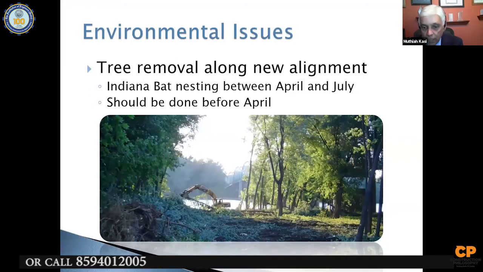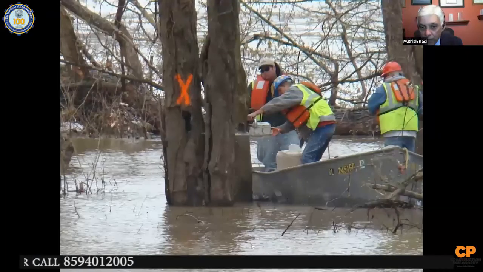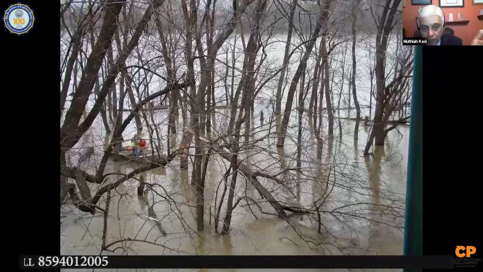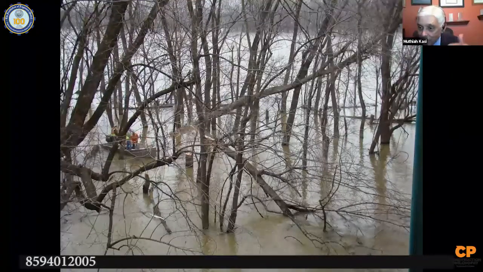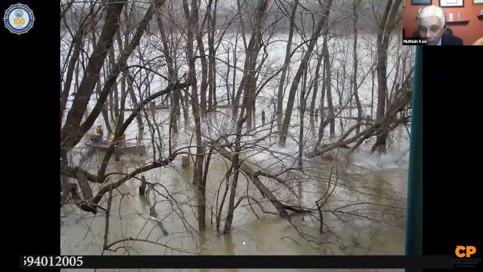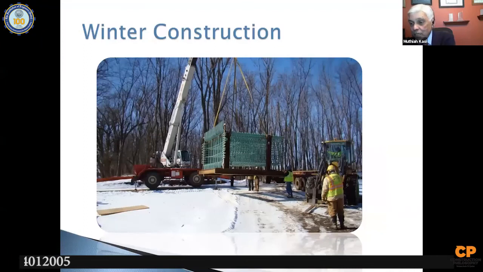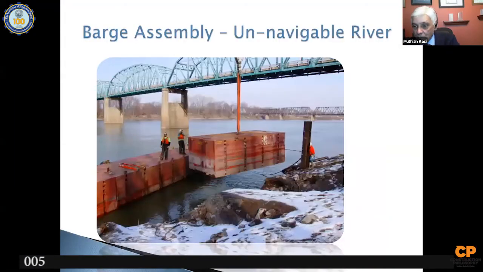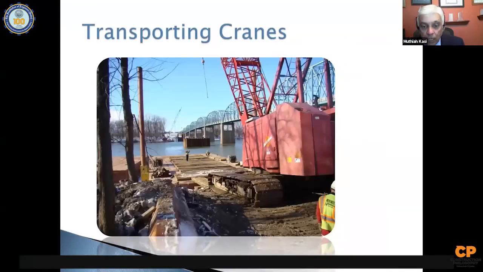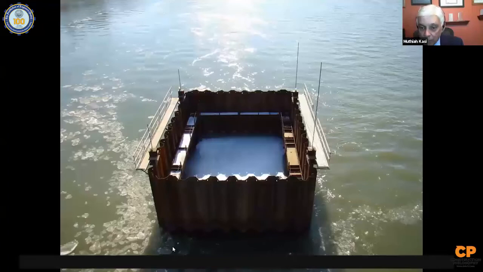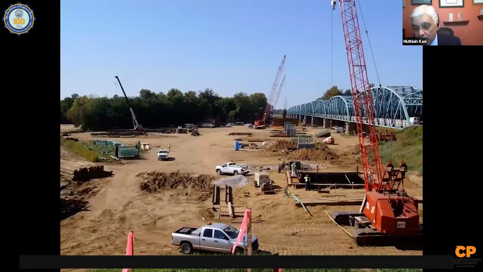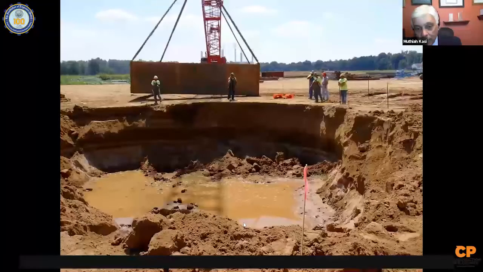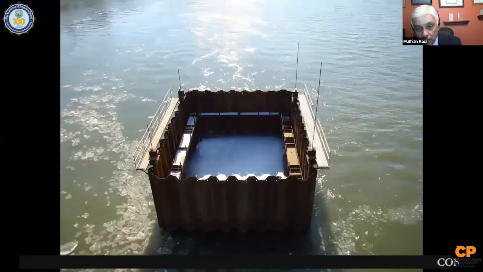And when you're ready to cut the trees, it is flooded. So they had to use a boat to cut the trees. So the cost of tree removal went up quite a bit, and also the schedule moved up to winter. So these are the natural issues that we do look at in the VE, how to build a bridge. Here's the bridge ready to build. And the day before,